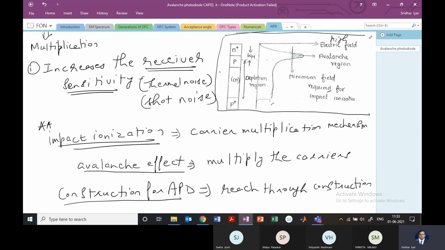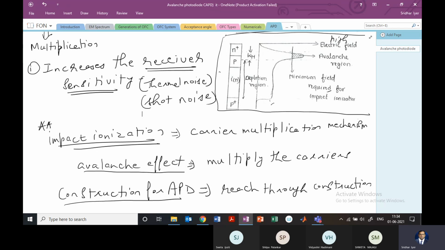Okay. So in terms of the operation, this term reach through basically comes from the photodiode operation. When we have a low reverse bias voltage, most of the potential drop will be across the PN plus junction. And in this case, the depletion region is going to widen with increasing bias until you reach a certain voltage. At this voltage, the peak electric field at the PN plus junction will be about 5 to 10% below what is required for avalanche effect. So you have almost reached the avalanche effect, right?